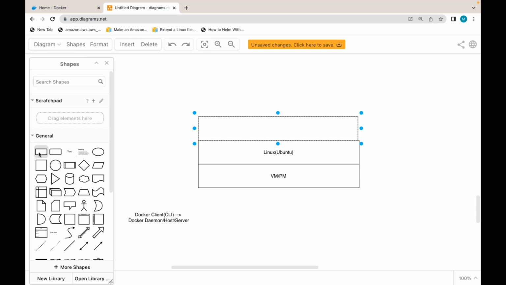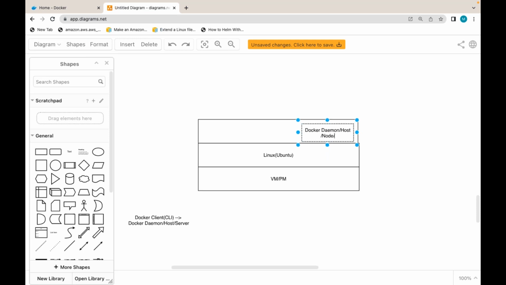I install Docker, and Docker has two components here: Docker daemon, or Docker host. All are same, guys. Don't get confused. Node, server, all are same. Now I have one more component called the Docker client.